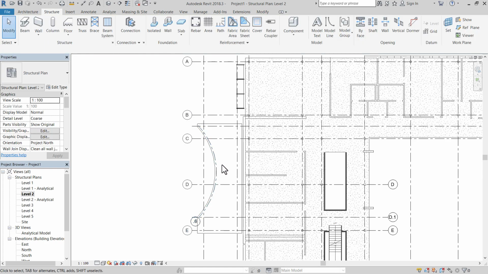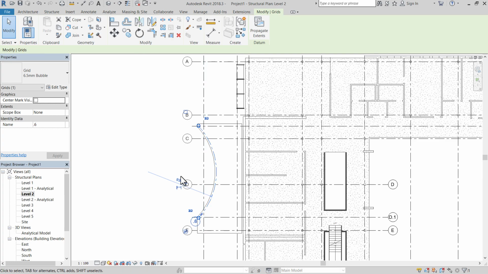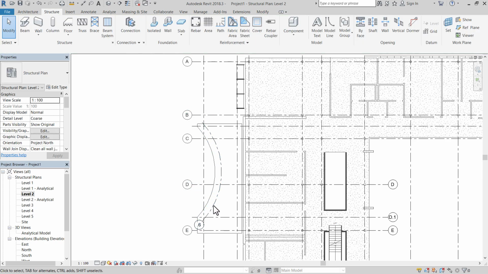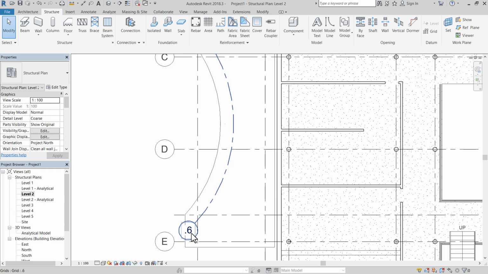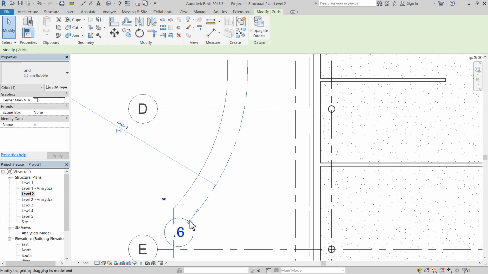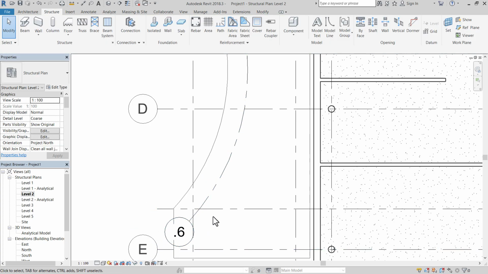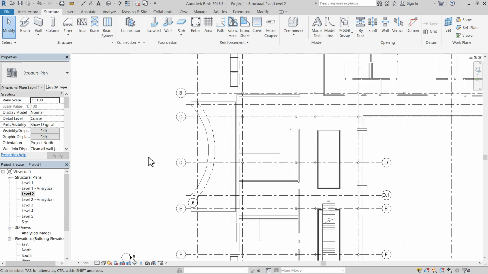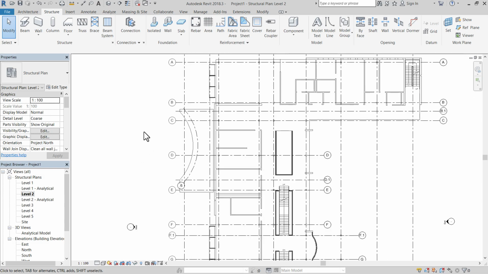So now to correct its actual value we will select the grid and then you will see an arrow that will tell its value and we will enter the new value and the grid will be changed. And all the things to drag or extend we can do to this also. So this is how you add grids to your project. Thank you.